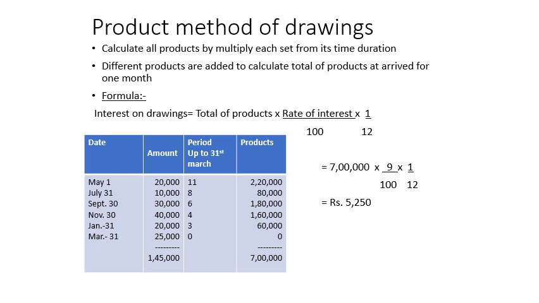Now come to the concept. The formula is giving you the concept. First, the student has to calculate all the products, as in column number 4, that is, multiply each amount by its time period. Second, all the products are summed up to get the total of the products, and then we arrive at the 1 month average. This is the result of calculating by the product method. Observe both methods applied on the time period. Thank you.